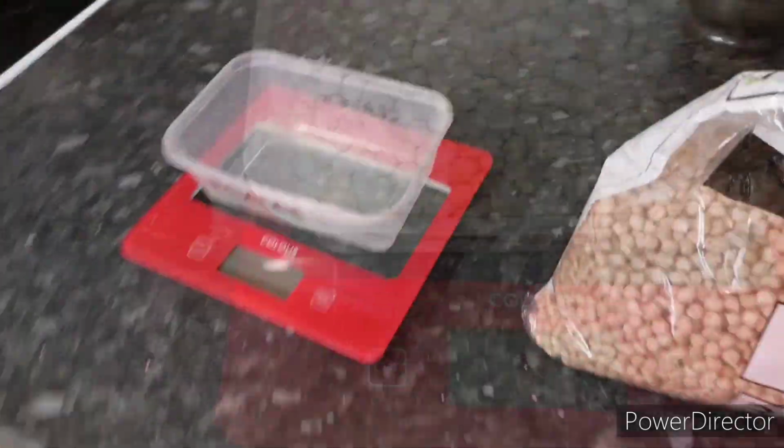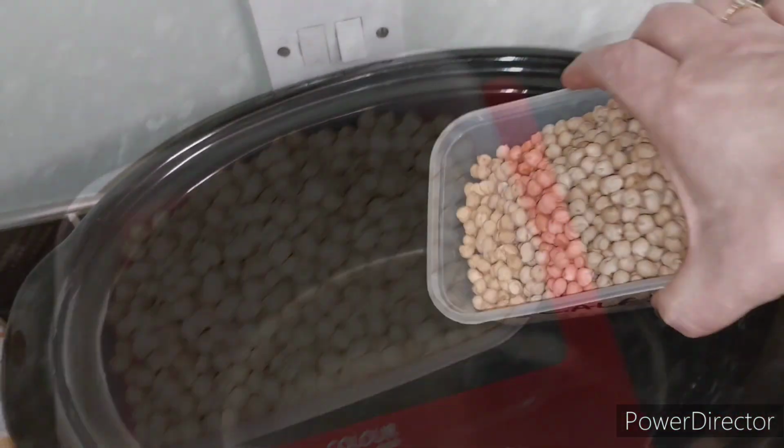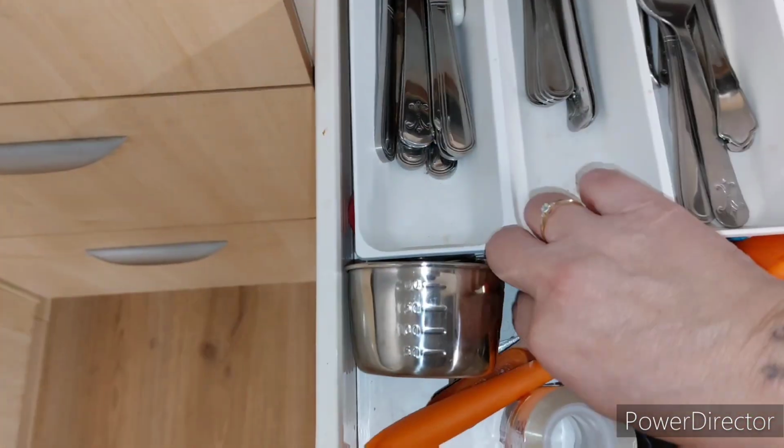I've got my little recipe. So I'm going to start off with 500 grams of dried chickpeas. We're going to soak them overnight in 3 litres of water. In they go. Now, before I put the water in,